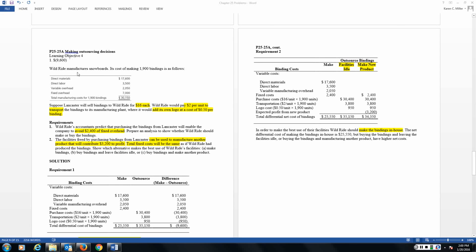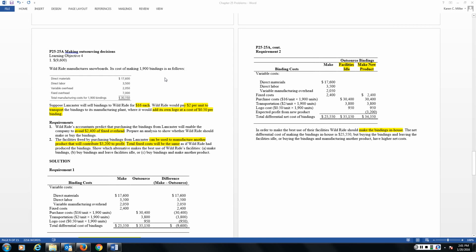If we have Wild Ride manufacturing snowboards, it gives us the cost of manufacturing 1,900 bindings. We have their material, their labor, their variable overheads. Remember, these are all variable cost. Then I have my fixed cost of $7,000 for a total cost of $30,150. So someone has come along, Lancaster, and has offered to sell the binding that we need for our snowboards